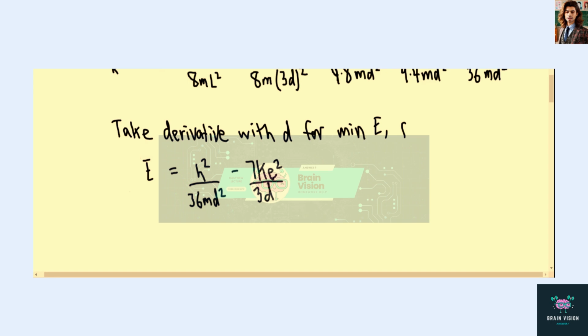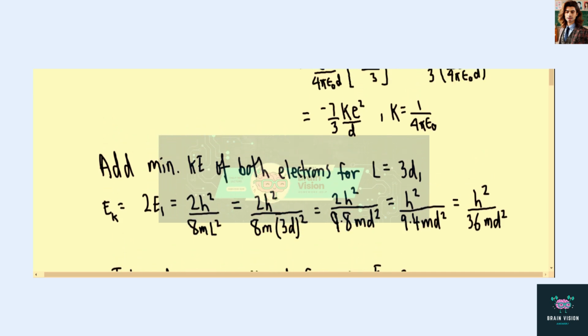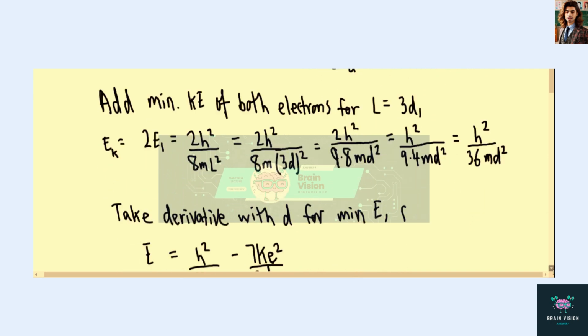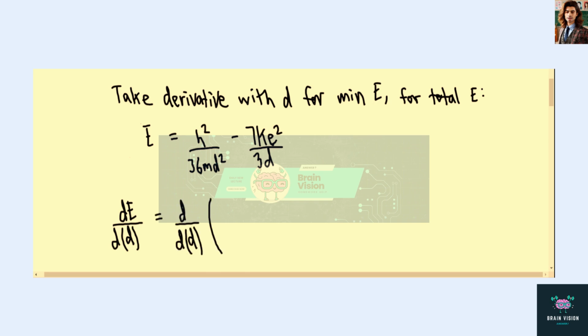So the kinetic energy, once again, is E, really EK, we can call it that for kinetic, which was h squared over 36 m d squared, and the potential was the negative 7/3 k e squared over d. So when we put those together, we get a total energy of h squared over 36 m d squared minus 7 k e squared over 3d. We can take a derivative with respect to lowercase d. And taking this derivative, then